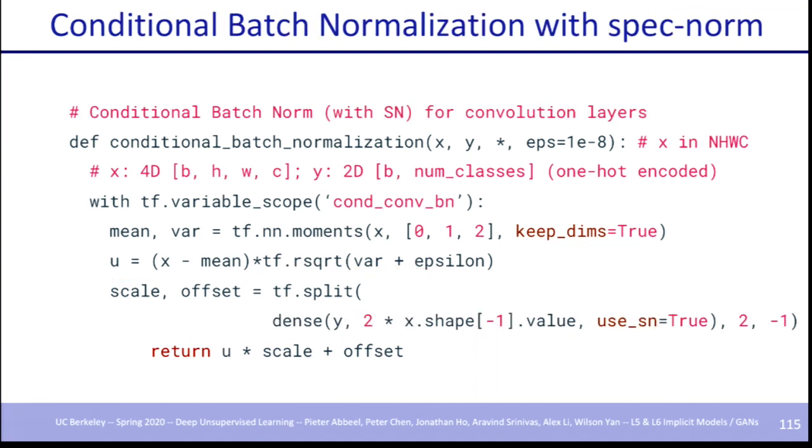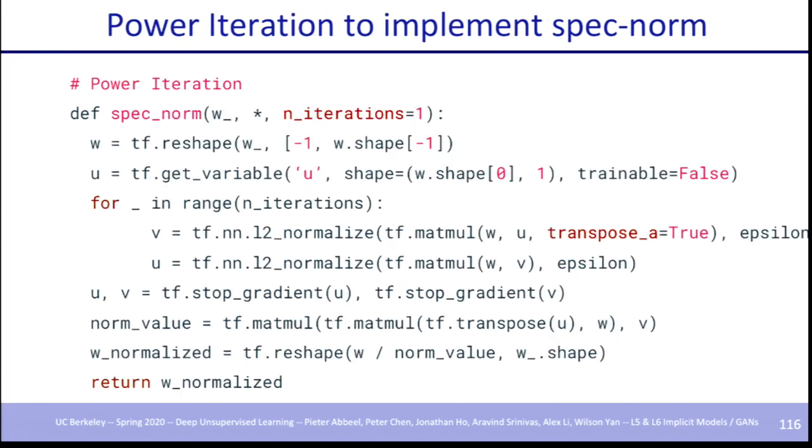Now with spectral normalization, this particular weight matrix that takes in the class variable and tries to produce the gamma and beta is normed by its spectral norm. So that way, even conditional batch norm variables are using spectral norm. So here's the spectral norm idea. It basically is, if you've done power iteration before, you're very much aware of it.